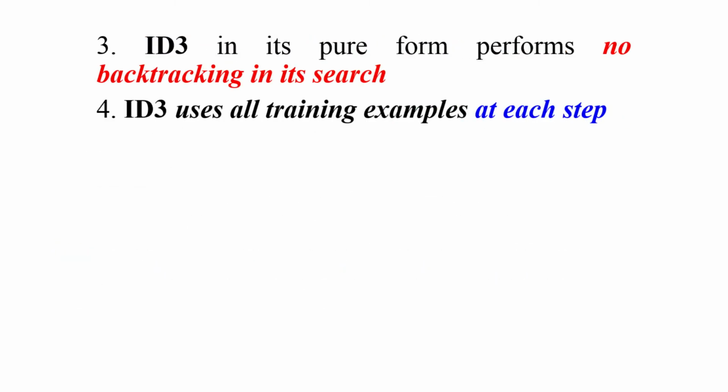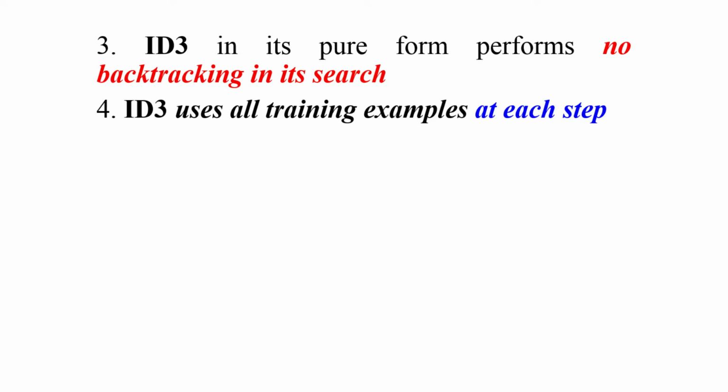The next limitation of ID3 is that ID3 in its pure form performs no backtracking in its search. Once it selects an attribute to test at a particular level in the tree, it never backtracks to reconsider this choice. Once the choice is made, that is final. It cannot go back, correct it, or give other choices. This locally optimal solution may be less desirable than trees that would have been encountered along a different branch of